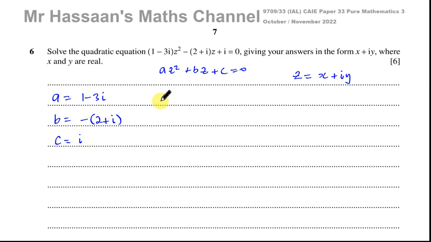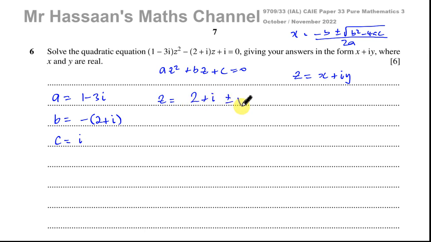And using the quadratic formula, we'll say z equals minus b. Now remember the quadratic formula, x equals minus b plus or minus the square root of b squared minus 4ac all over 2a. I think that's even in your formula sheet. Right, z equals minus b, so minus this, it's going to be 2 plus i, because the minuses will cancel out. So that'll be 2 plus i,